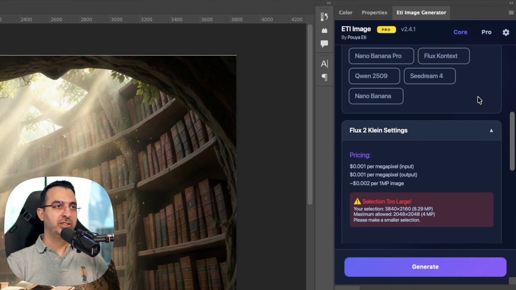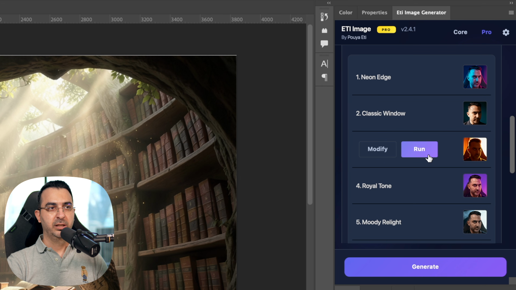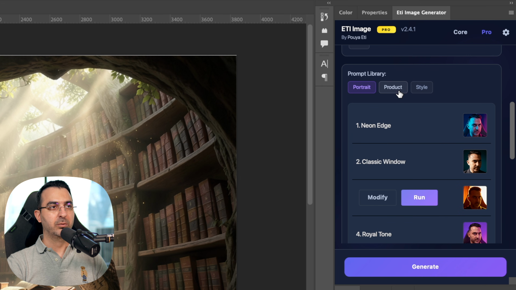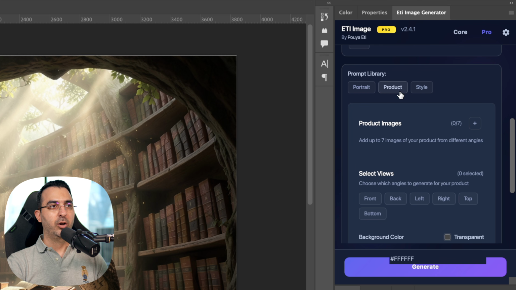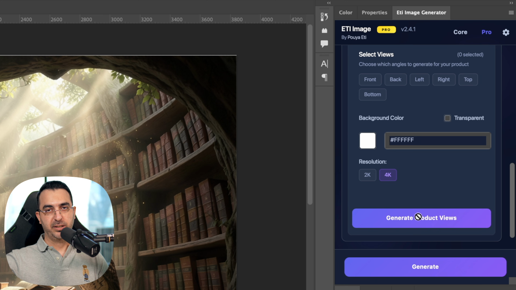And again, in this feature, we had some bugs in the Pro version. Here, when we were clicking on this run button, it was giving us some warning and it wasn't working. Also same in product. One of our subscribers mentioned this, that when we were clicking on this button to create different images of a product from different sides, it wasn't working. So we fixed that as well. So this was all about Eti Image version